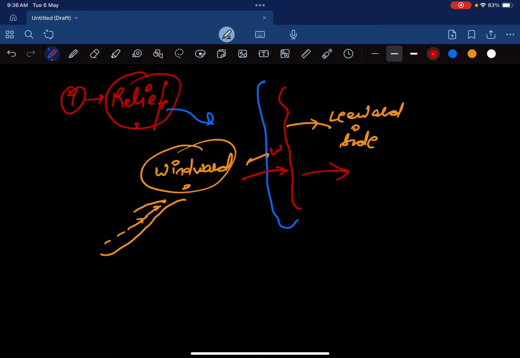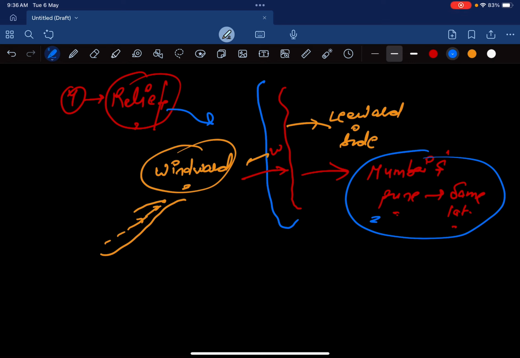And there was one question as well: Mumbai and Pune, despite being on the same latitudes, receive different amounts of rainfall. It's just because of this concept called windward and leeward. The fifth is distance